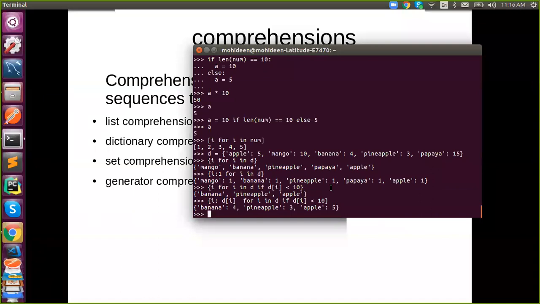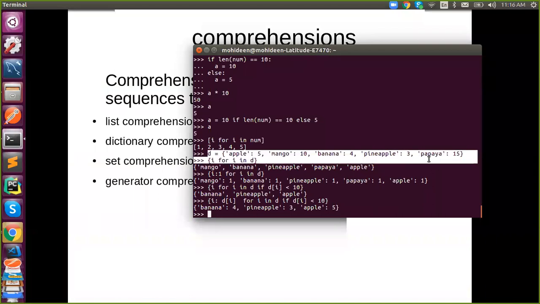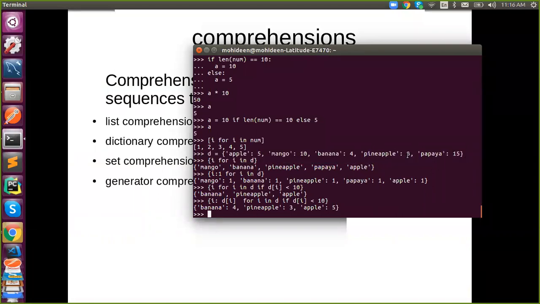So I will give you an exercise. First, create a dictionary like this. First of all, just try without comprehension. Create a dictionary. I need a fruit with less than 10 quantity. This is my simple question. Yesterday I gave a problem for list, right? Preparing odd out of it, even out of it. So today I made that odd even into comprehension. Similarly, first try to sort out. I need a fruit whose count is less than 10. Then we will convert that code into comprehension. This is your exercise today.